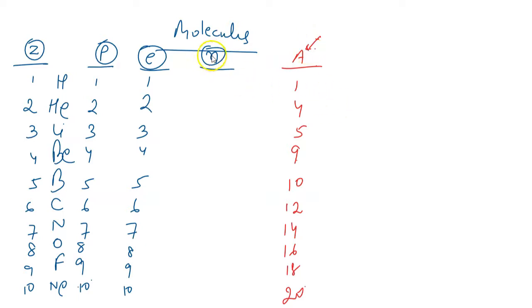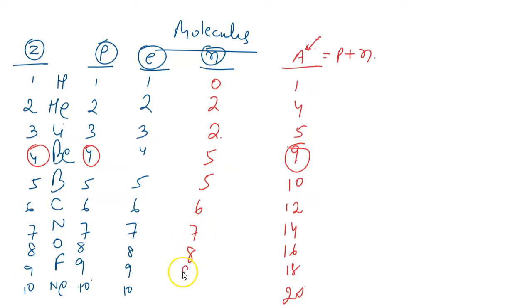So now you can find the number of neutrons, because mass number is protons plus neutrons. So you can subtract the number of protons. You get 0, 2, 2. Just subtract mass number minus protons. So you get this value 5, 5, 6, 7, 8, 9, and then 10. This is how we identify the number of neutrons and protons for an atom. We are talking about a neutral atom. The complete discussion here is based on neutral atoms.